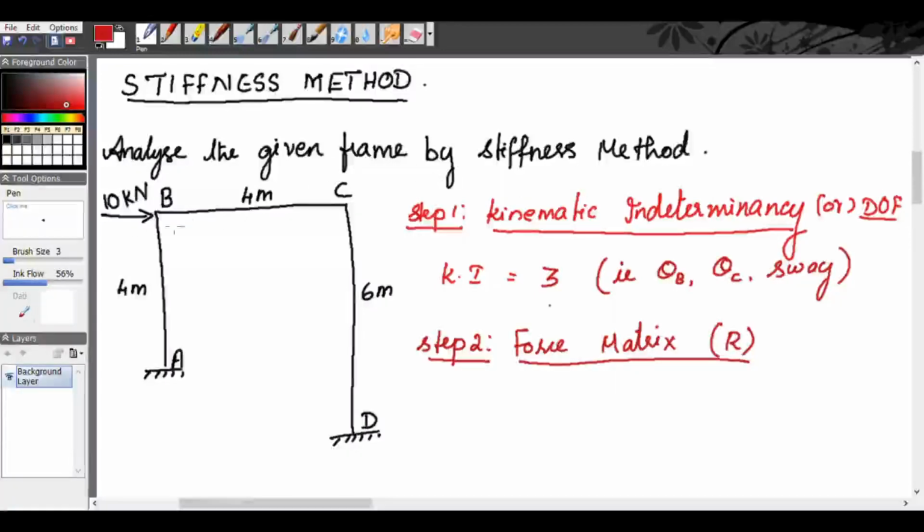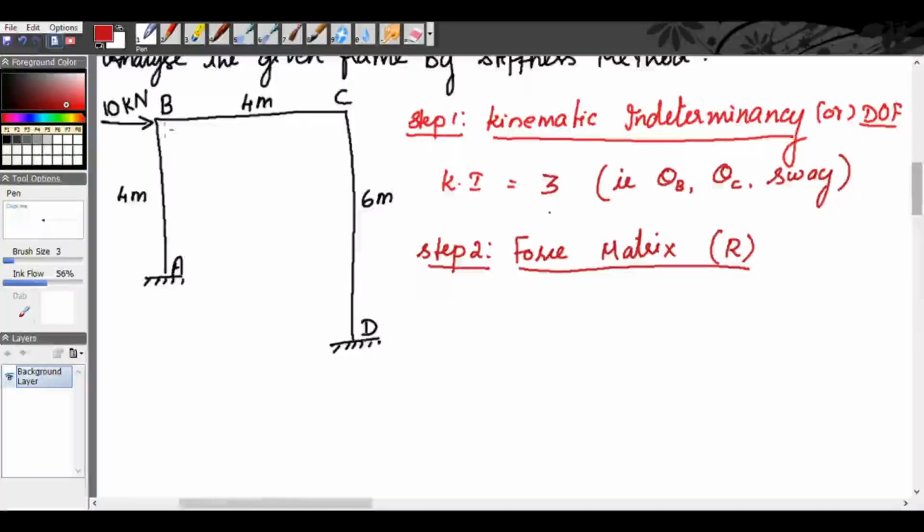So we have a 10 kilonewton load acting at the joint. So directly you can write the force matrix, right? We have 3 degrees of kinematic indeterminacy, so we can take the order like this. This 10 kilonewton load is responsible for the sway, so we will take that as our first system ordinate. The second system ordinate can be the rotation at B, and the third can be the rotation at C. So our force matrix R will be,